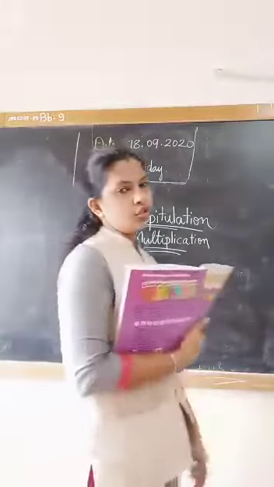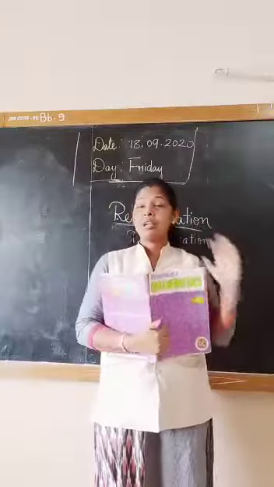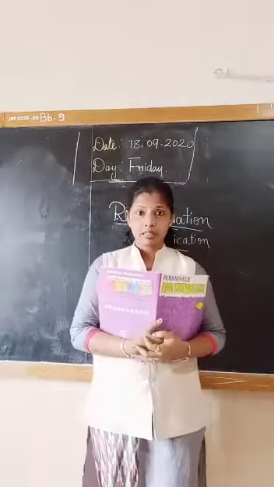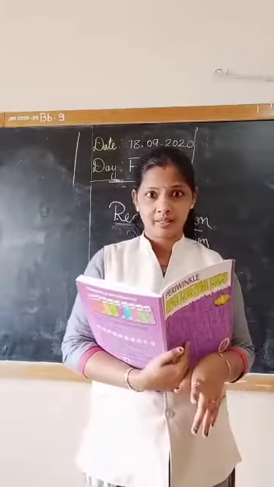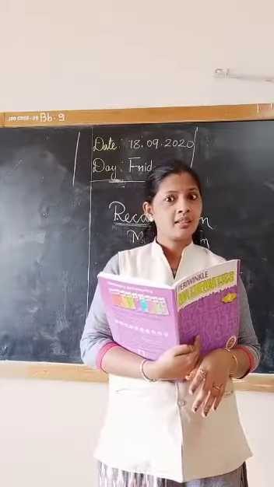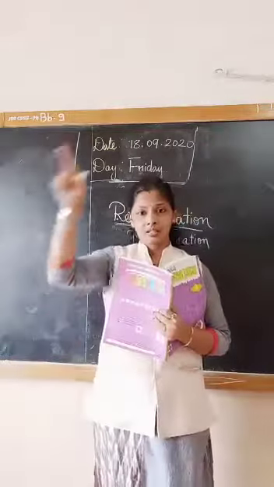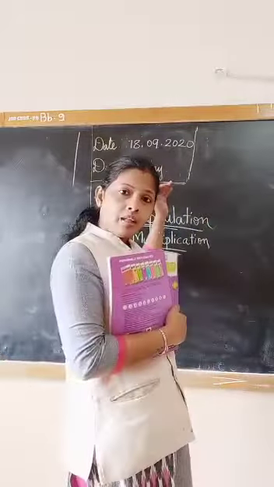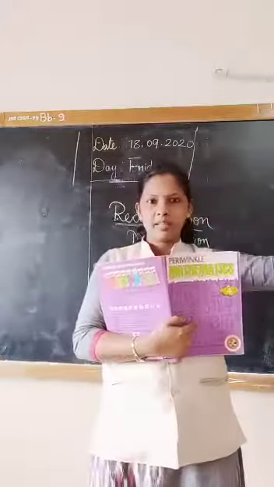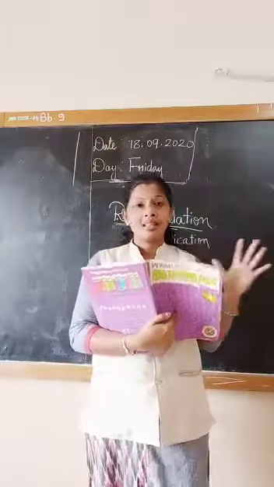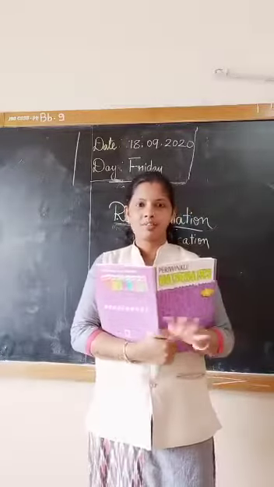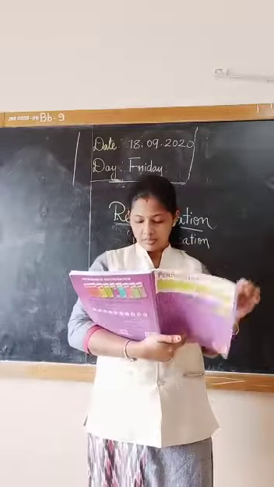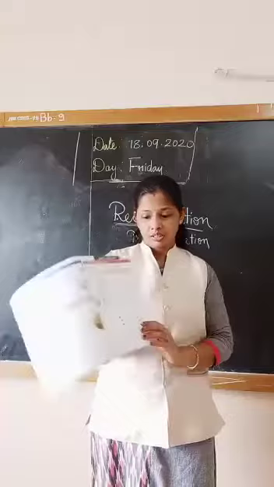So, recapitulation of the multiplication chapter. First thing, please don't open any of the book. The first thing you learned in the multiplication chapter is Cayley's table. What is that? Yes, in one chart I showed you a Cayley's table where the 11 to 20 tables were written in a simple way, so that you can write the product of any two numbers between 11 to 20. I also told you to do a Cayley's table from 21 to 30,